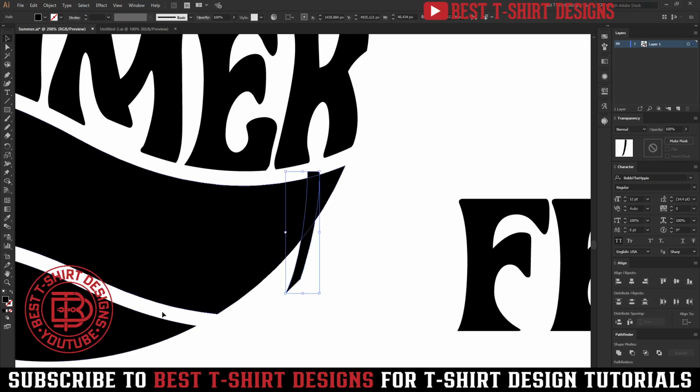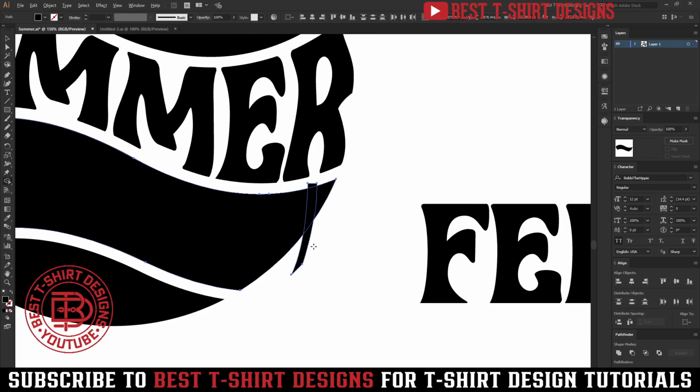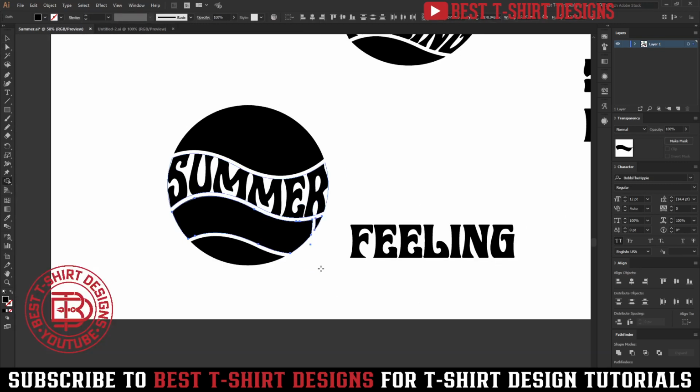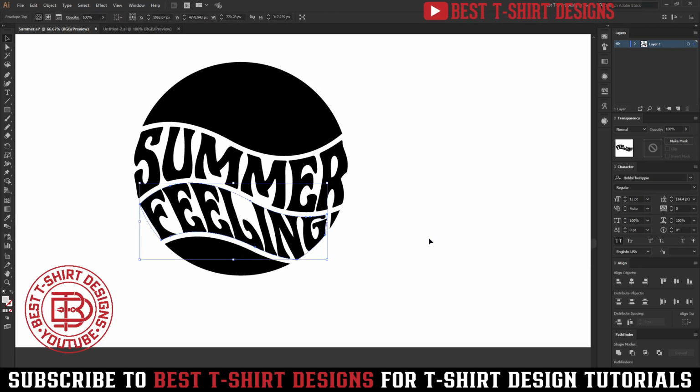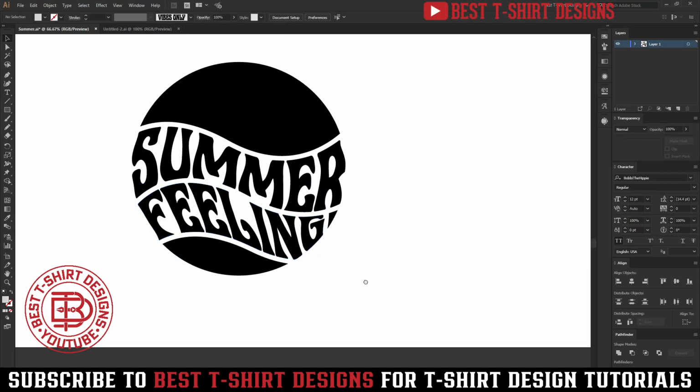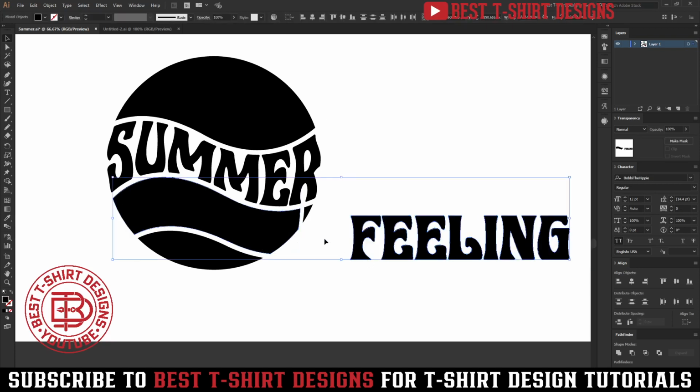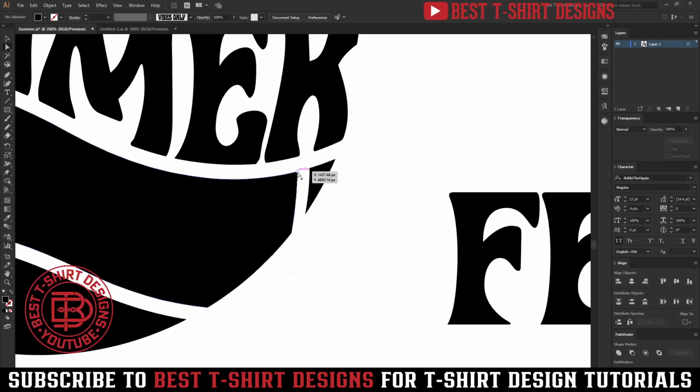This size should be similar to this gap. And now I am going to select these two. I am going to erase it just like this. So you can see I have that corner, but it is now a different shape for this one. So if I select these two and press Alt Control C, with that shape being made, it is going to look like that. Okay, so maybe this is not the best result for now,